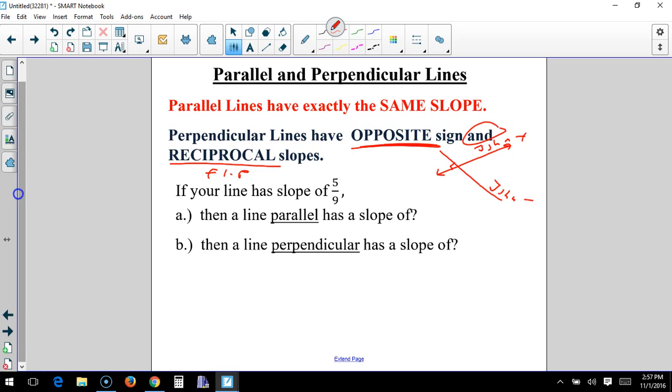This one is positive and this one is negative. The only way those two can cross at 90 degrees is if one is positive and one is negative. Hence, they have to be opposite,